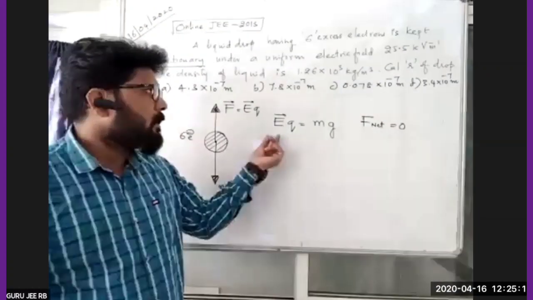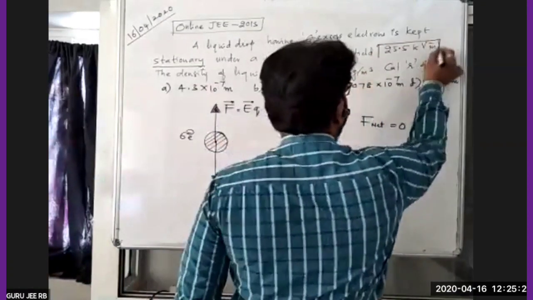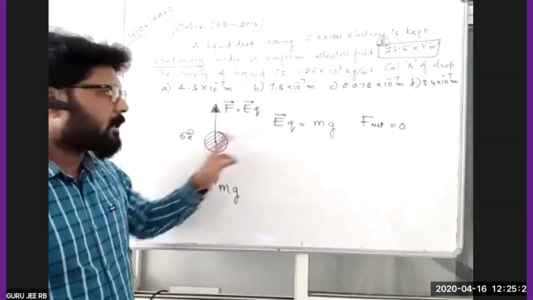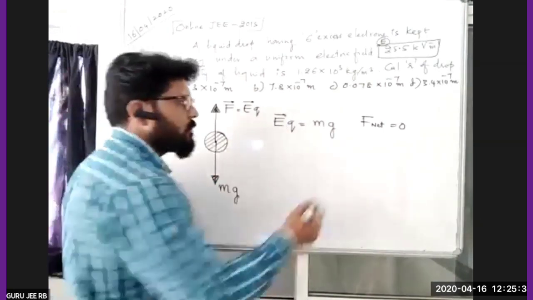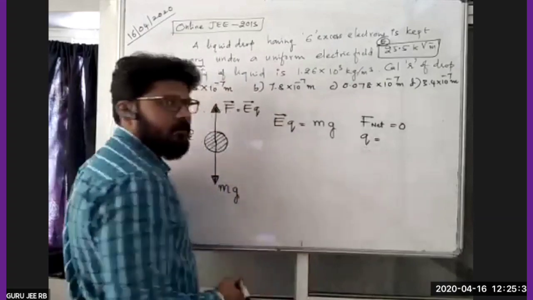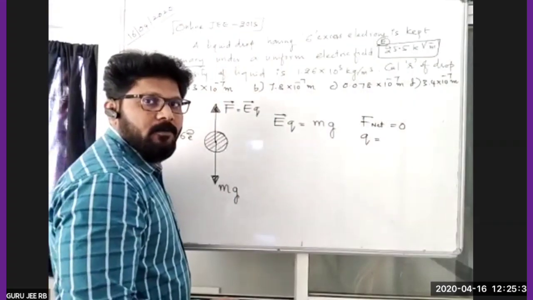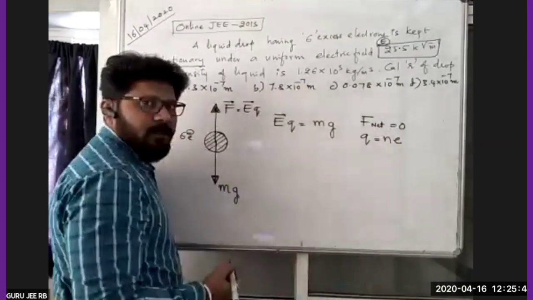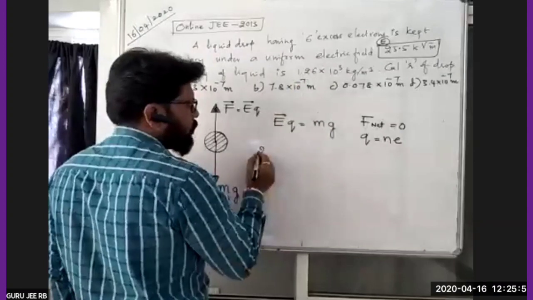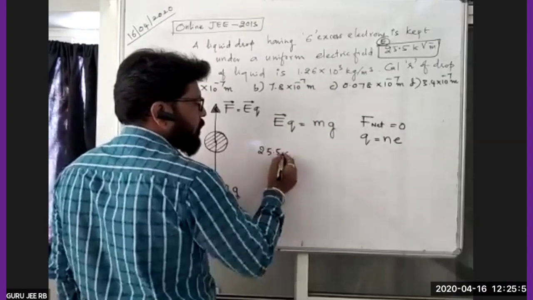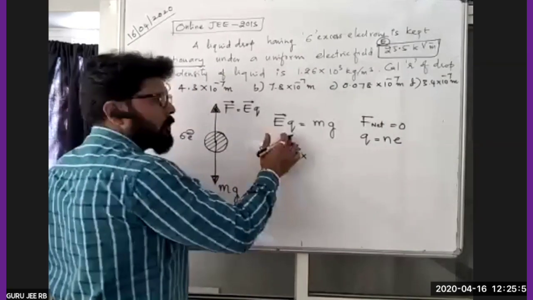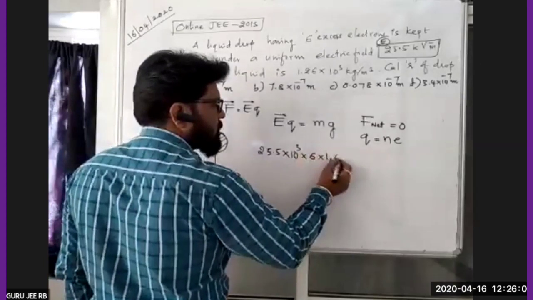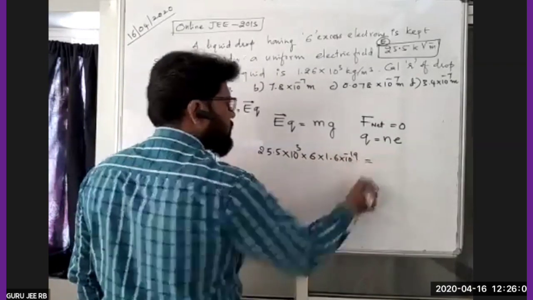Now the question is E. E is already given, this is the value of E. Next, what is given? 6 electrons are given, and 6 electrons means charge. Charge Q can be written as Q is equal to, can anybody say? How to define charge? Q is equal to plus or minus Ne, where N is the number of electrons. Now the E value is 25.5 kilo, that is 10 to the power of 3. Q is N into e: 6 electrons, so 6 into the charge of an electron, 1.6 into 10 to the power of minus 19.